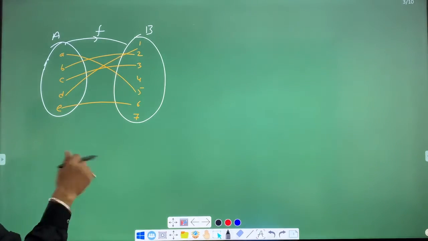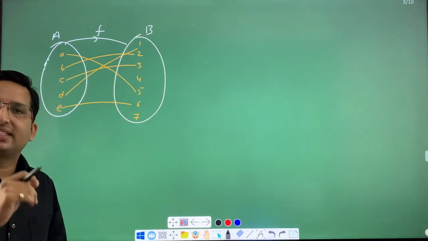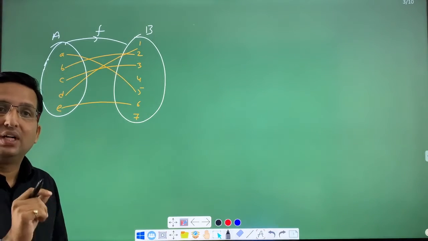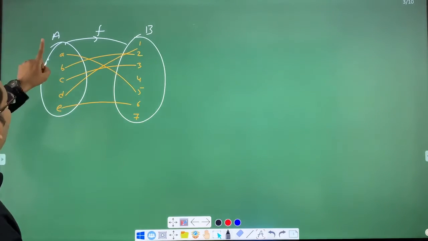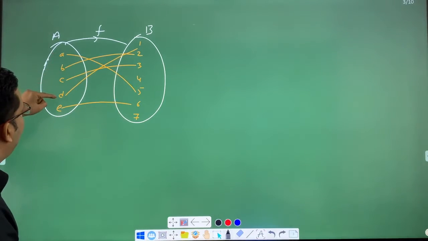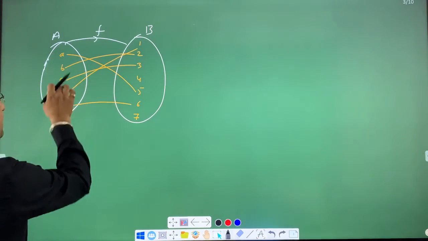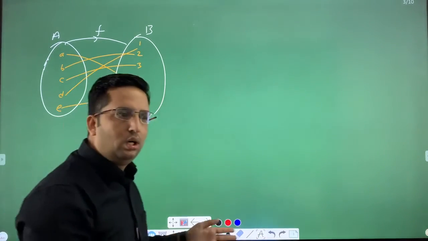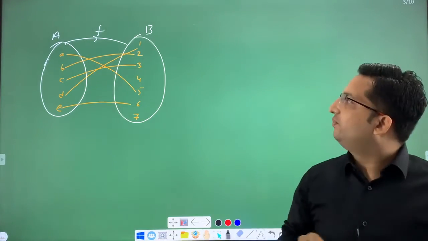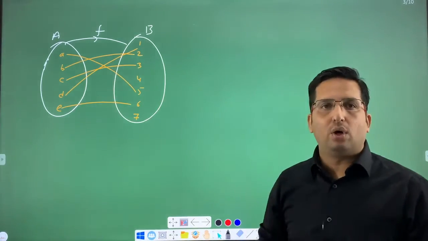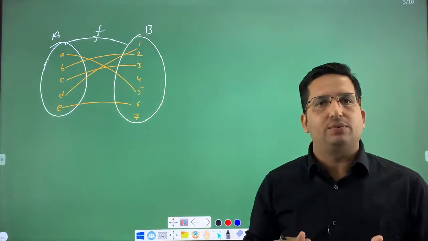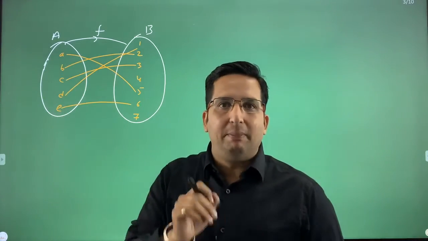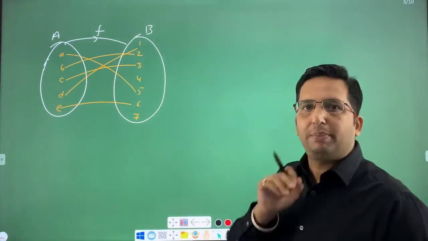Let's check it. What does our definition say? Our definition says every element of set A. Here you can see I can substitute A, B, C, D and E, because for every element, an arrow is used to relate these values of A to values of B. That means we can substitute these values. So here we can see an arrow is passing through all these elements, means every element of set A is participating.